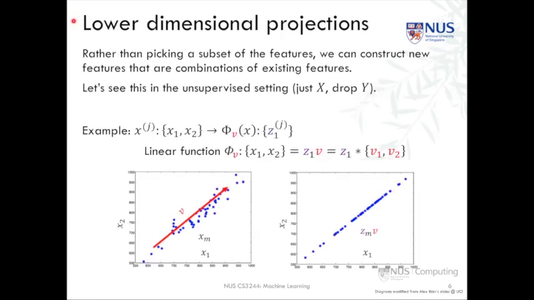So what we'd like to do is do a projection into a lower dimensional space. Unlike what we can do with feature selection, where we pick a subset of features to represent the whole, we can construct new features that are combinations of the existing features. We're going to do this in the unsupervised setting by just looking at the data matrix X and ignoring the